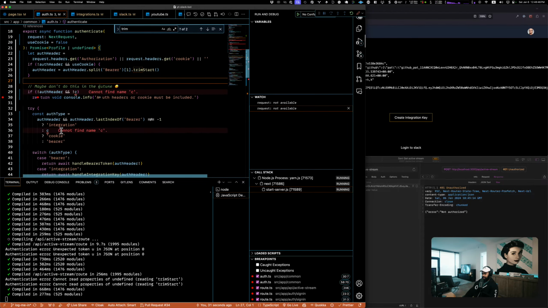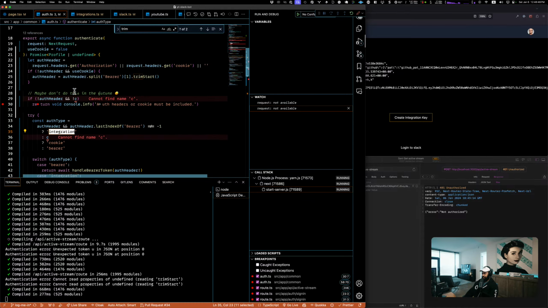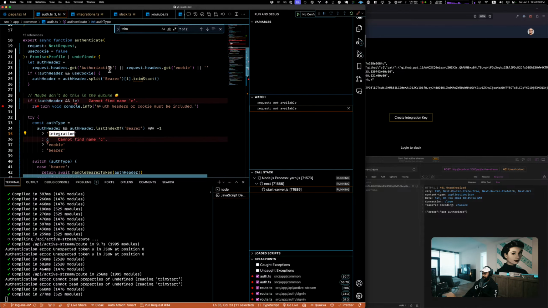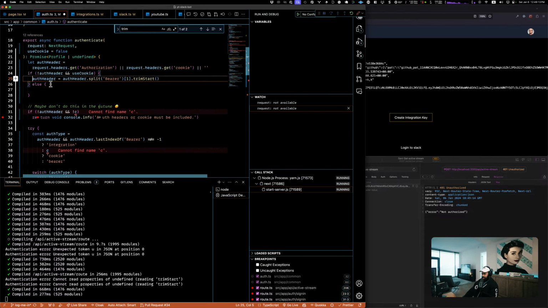I forgot I need to handle the integration one too. So here's how I know if it's an integration. If it's not use cookie, so that's the only way. I wonder if I can just do the if here. Yeah, I guess so. So we'll say else, oops. So this is going to be else if, actually.